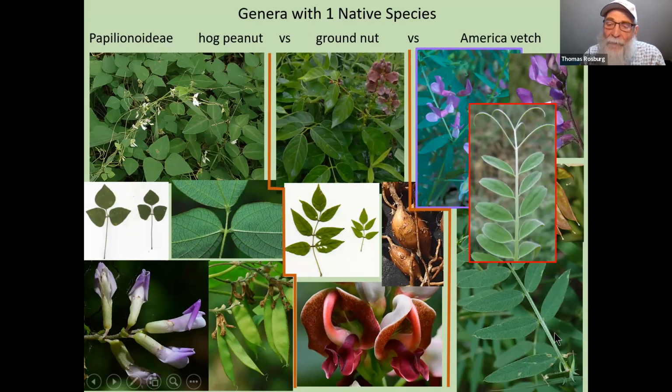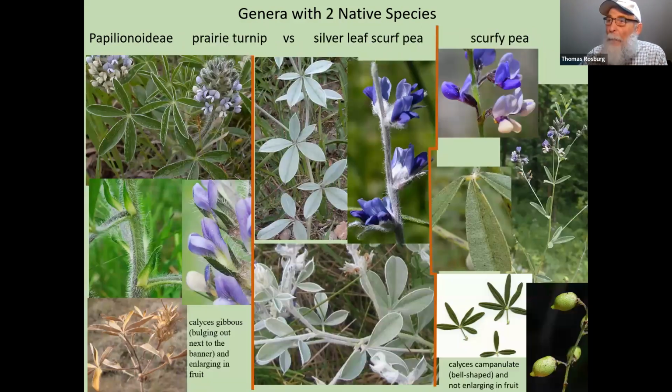This is a very handy thing to help separate Vicia americana, American vetch, from another plant we're going to see in a little bit, the vetchlings, which are also climbing plants and have tendrils too. The difference in their stipules will help you separate them vegetatively. But we don't have that slide quite yet. The next one is going to be the,